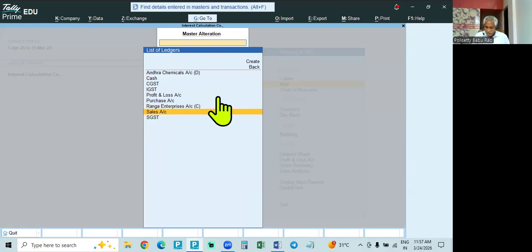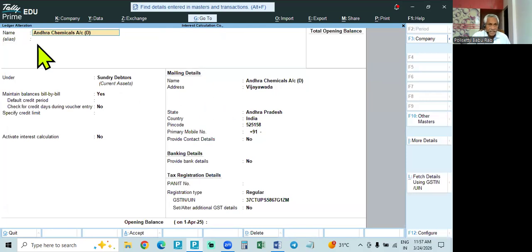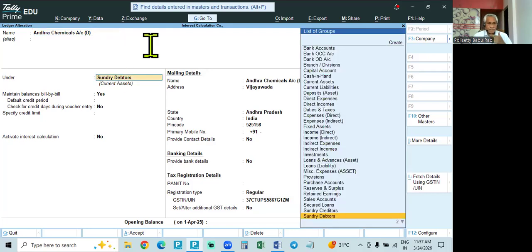Okay. Now, in addition to this, we create the party. So here I am creating a debtor account. I already created it. This is Andhra Chemicals account. I am giving D in brackets to remember, because if you see the name, you cannot understand debtor or creditor unless you show this page. Okay. So it will come under sundry debtors, and here,